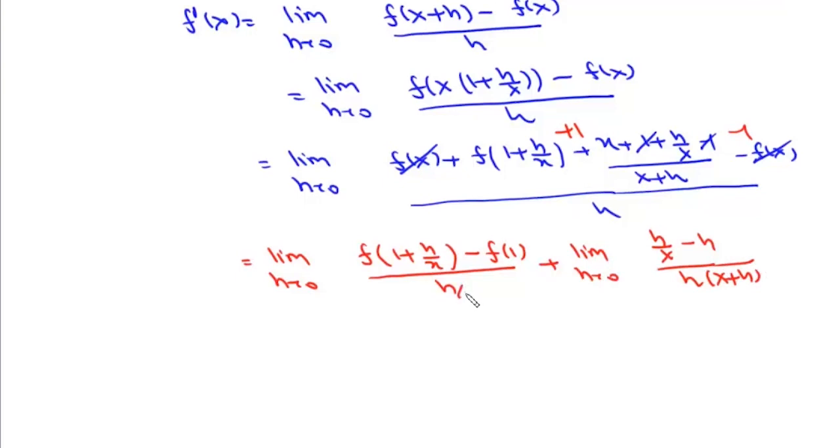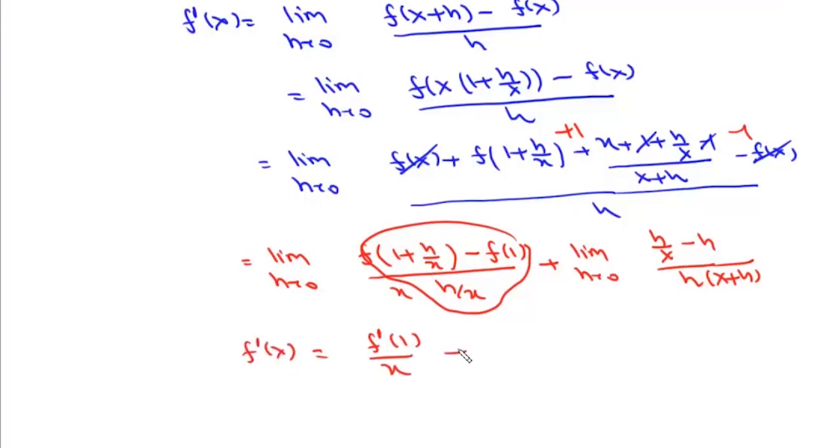Now here if we multiply and divide it with x, this is the derivative of this function at 1, so it will be f dash 1 by x, and this is your f dash x plus, now here we can cancel h with h, so it will be 1 upon x minus 1, and here we have this 1 upon x, so it will be 1 upon x into x minus 1. Now we are given that f dash 1 is 2, so if we put f dash 1 as 2,